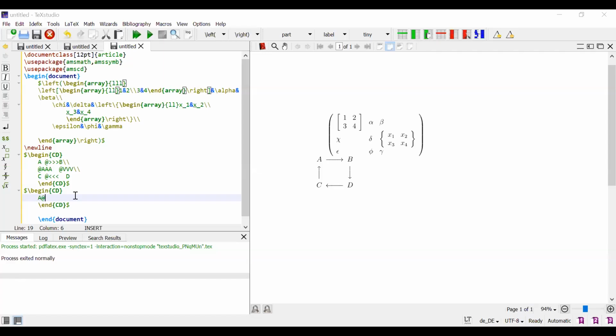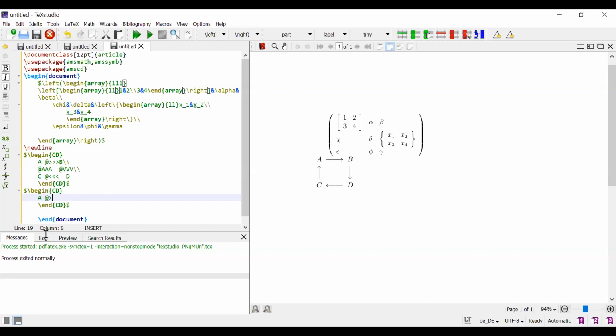Okay. Now A at, what is our diagram? A goes to B. Okay. A goes to B. Therefore, A at, we have to move only one thing, A to B, because here we have a less-than sign, and for that we get a greater line, a big line.